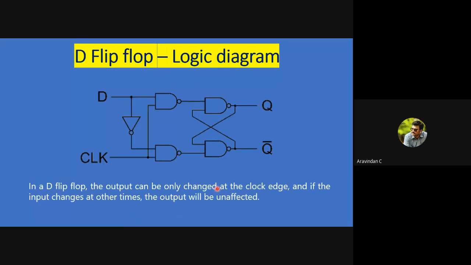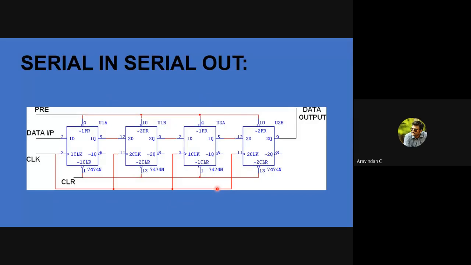Okay. This is the general logic diagram of a D flip-flop, which you might have studied in your digital theory. And this is the circuit diagram for serial in serial output. Okay. This is how we are going to give our connections in our mobile app. Let me see the block diagram first. So this is nothing but a single flip-flop. A single flip-flop contains pin number 2, which is used for D, where I'm going to give the data input. Okay, and pin number 3 is nothing but a clock.